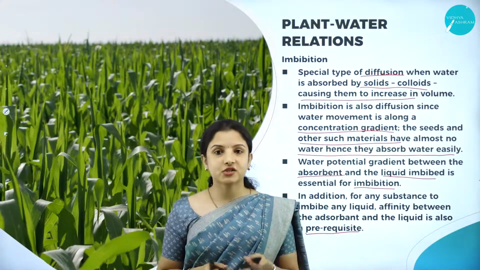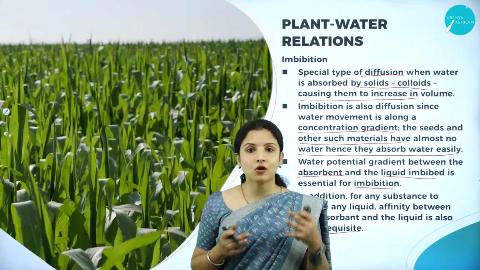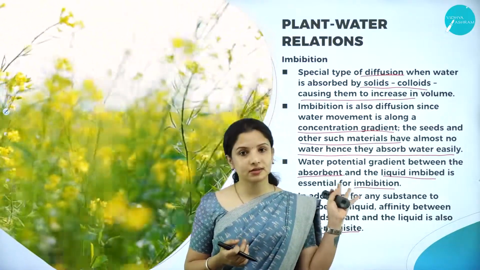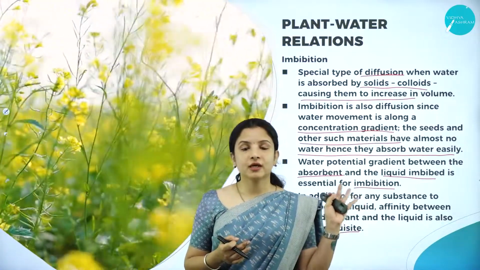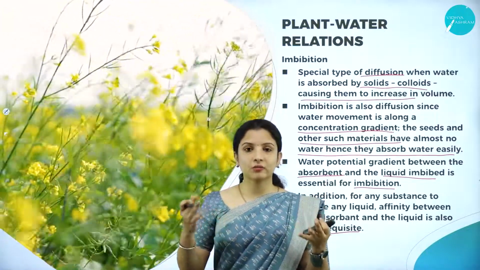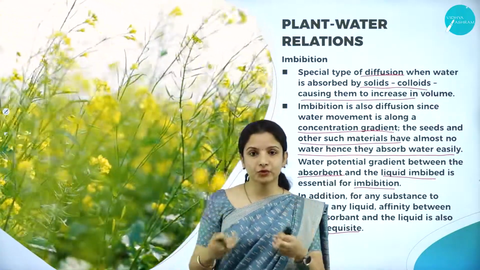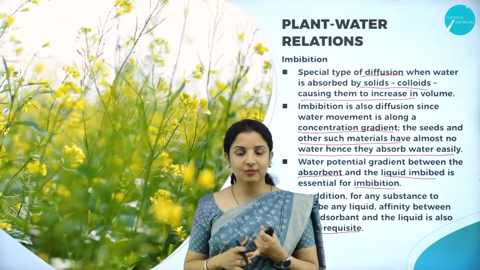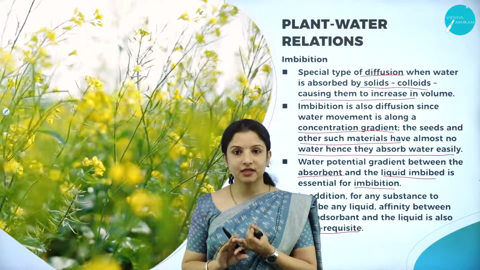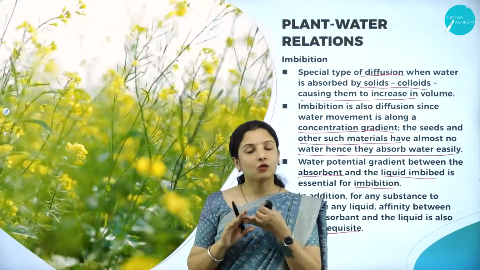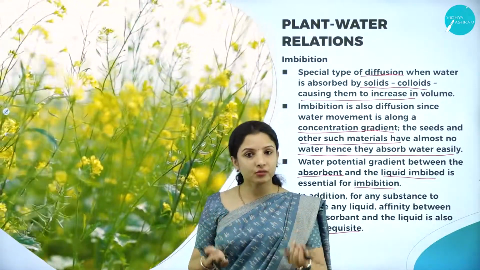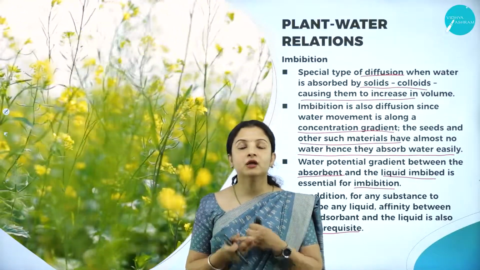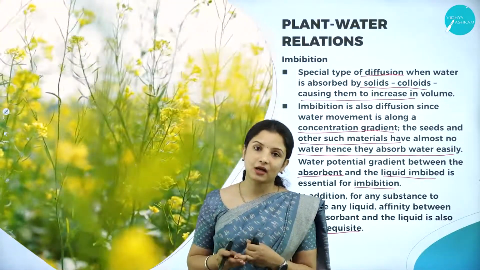In the coming session, we shall discuss the long distance transport of water. All these are short distance transport of water, right? But for long distance transport, imagine how water from the root can reach all the other parts of a plant. We shall study that, and also how water gets transported. There are two important pathways, the apoplast pathway and the symplast pathway. All these we'll study in the coming session.